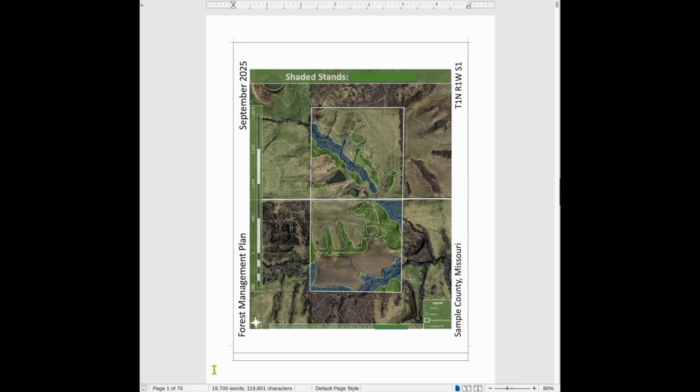Welcome to this video where I break down this forest management plan. This is a 25 acre forest on an 80 acre property, and I do a lot of these. I would consider this a small plan. 25 acres isn't that much timber for the way our system is designed, but I do a fair amount of